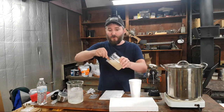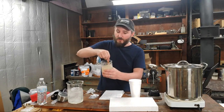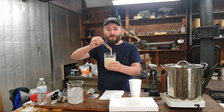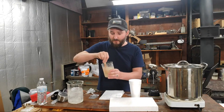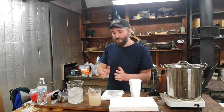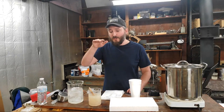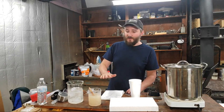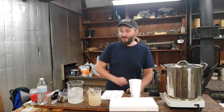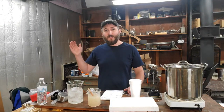It's just been in my workshop overnight. And there's a lot of crystals in here. A lot of stuff is frozen in this solution, which means that the phase change has already started. But at the same time, it's still quite liquidy. And so there's a lot of stuff that has not frozen. And so I think what's happening is we're getting an initial freeze with the components of this mixture that freeze at the warmest temperature, and as you continue to cool this down, you're getting different crystal structures that progressively freeze in steps, and so you end up with just a continuous phase change instead of